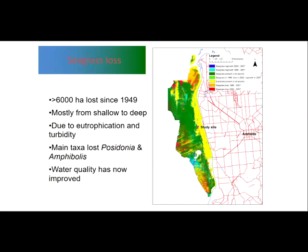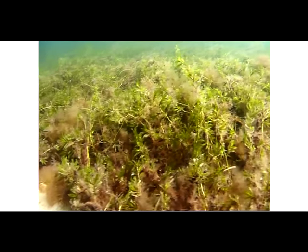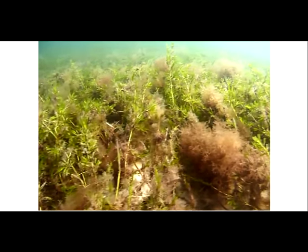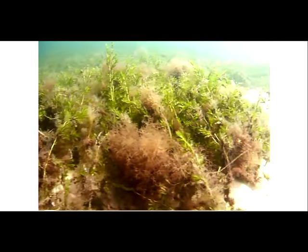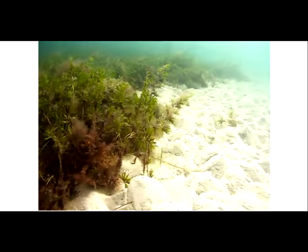And this is just a map of some of our seagrass loss, in particular the yellow and red areas is where we've lost a lot of our seagrass, and that's our main study site there. I thought I'd just start with a video showing the natural seagrass adjacent to our study site. So fairly dense, still fairly heavily epiphytised, and then a very, very clear demarcation between the seagrass and the area